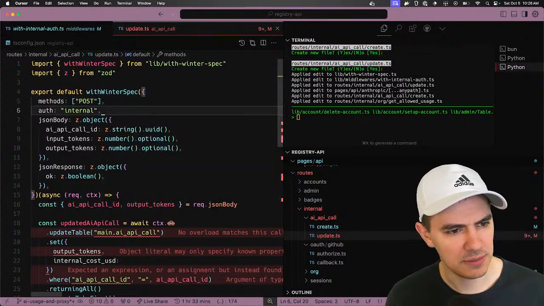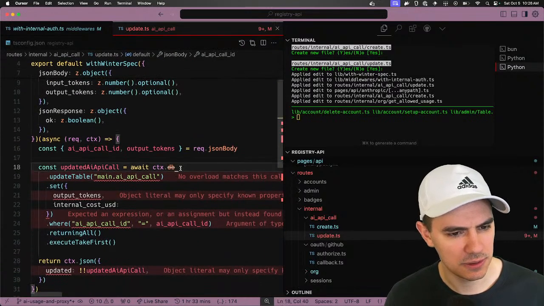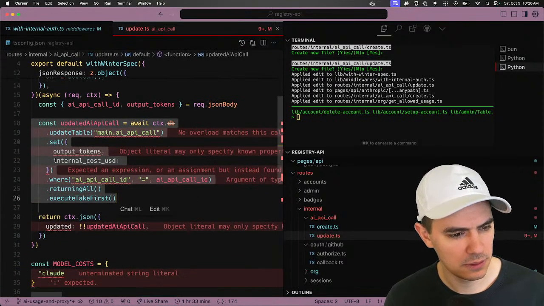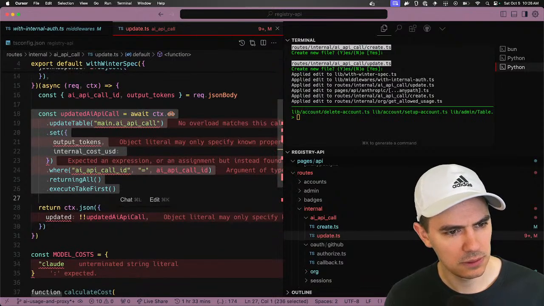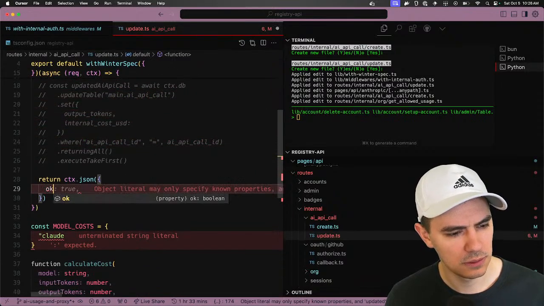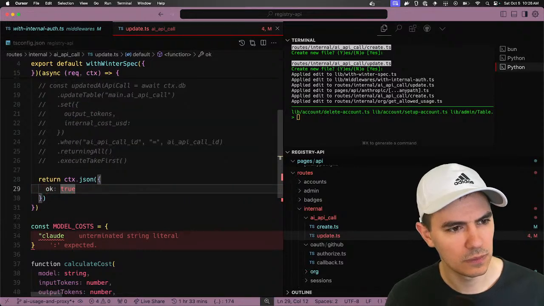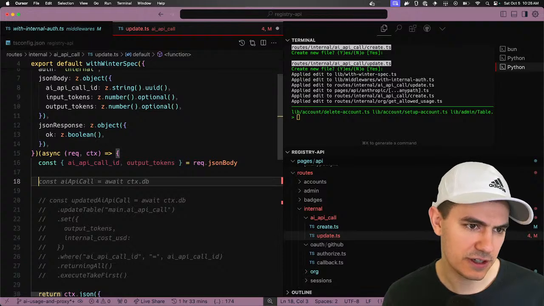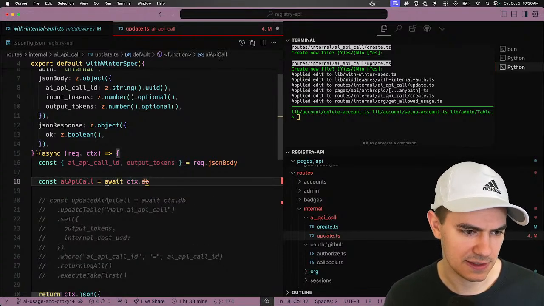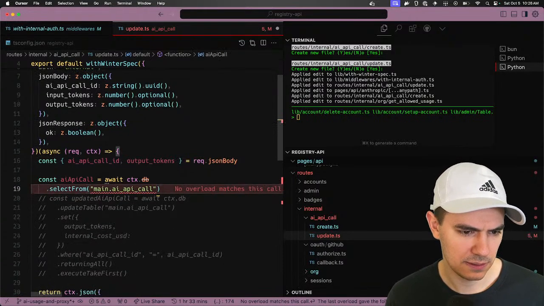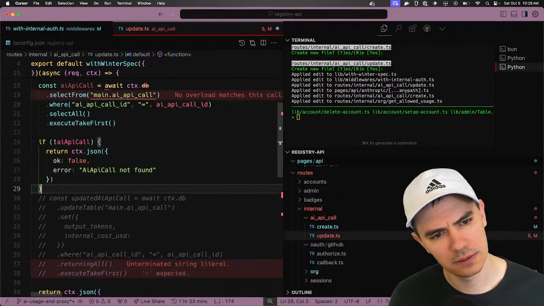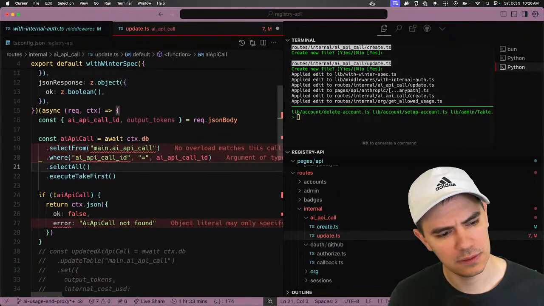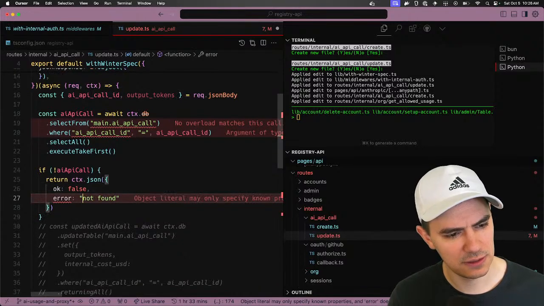Okay, AI API call ID, cool. So the difference in how we're going to do this is, yeah, we're basically going to do that.